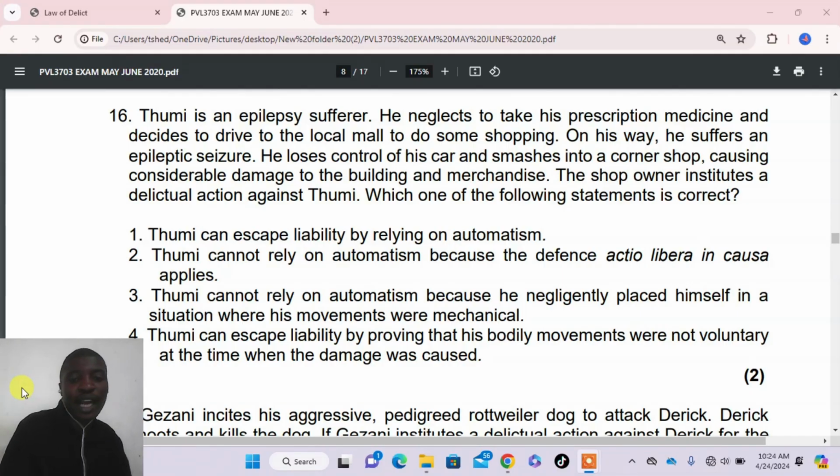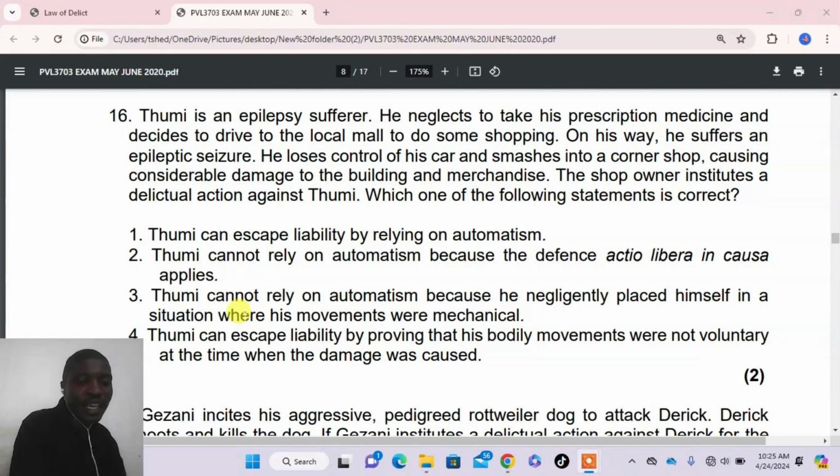Toomey cannot rely on automatism because the defense actio libera in causa applies. Number 3, Toomey cannot rely on automatism because he negligently placed himself in a situation where his movements were mechanical. Toomey can escape liability by proving that his bodily movements were not voluntary at the time when the damage was caused. So one of the things that you must know about the damage is that we check the negligence and